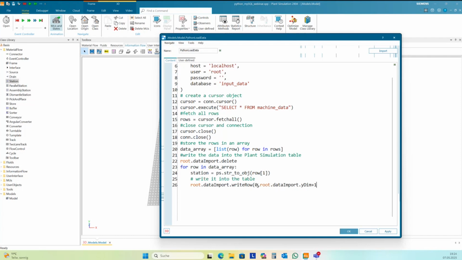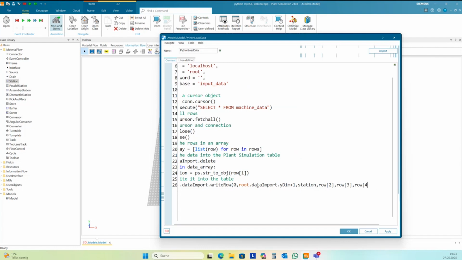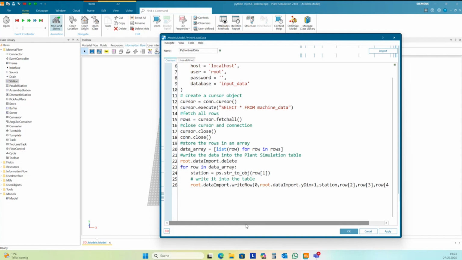Then comes the row I want to start, and this is ydim + 1, the next free line. Then I write station in the column 0 and row 3, 2, 3, and 4, from the result set of the database request.